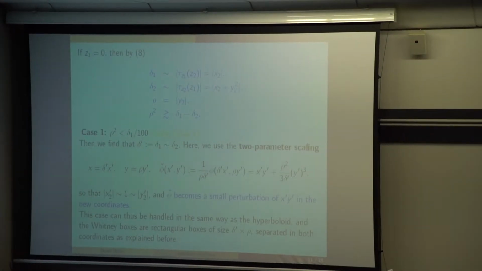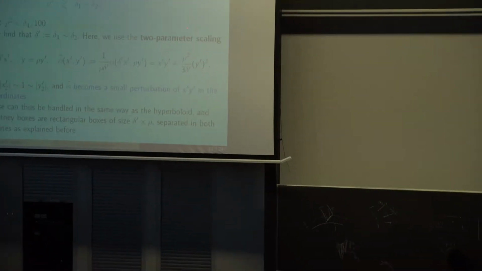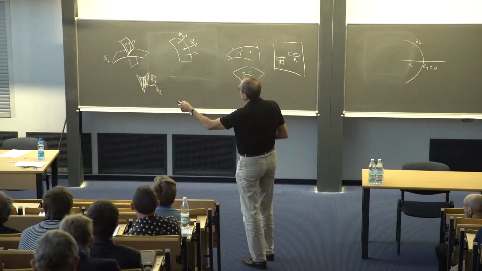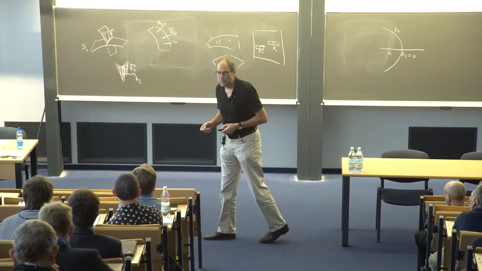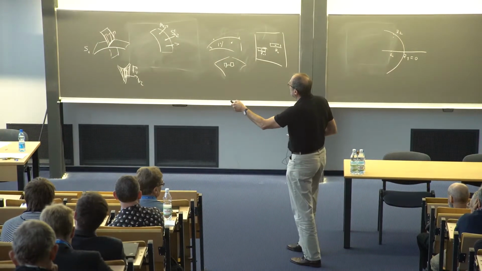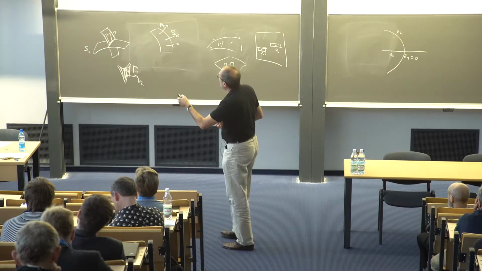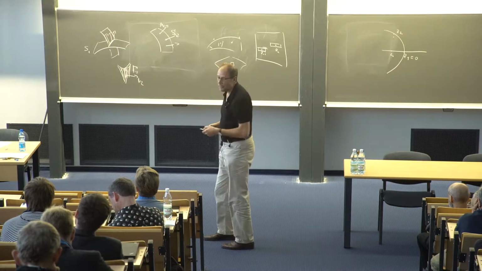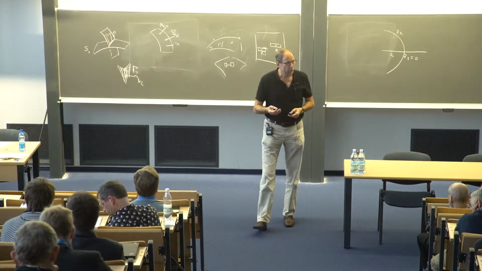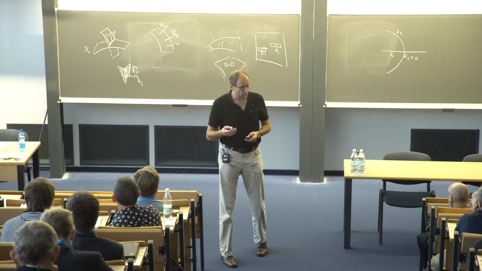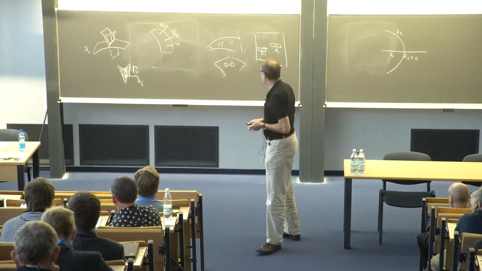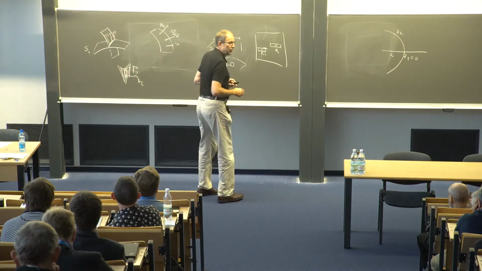And so we call delta prime this number, let's say delta 1, and then it's natural to do a 2-parameter scaling. So you write x as delta prime x prime, y as rho times rho y prime, and then if you rescale your phase function properly, so you do the scaling, but you divide here by rho times delta prime, you get this x times y prime plus this cubic term, but now this coefficient in this case is very small. So you really get a very small perturbation of the hyperboloid x times y, and that's fine. So this case behaves pretty much the same way as if you didn't have this perturbation.